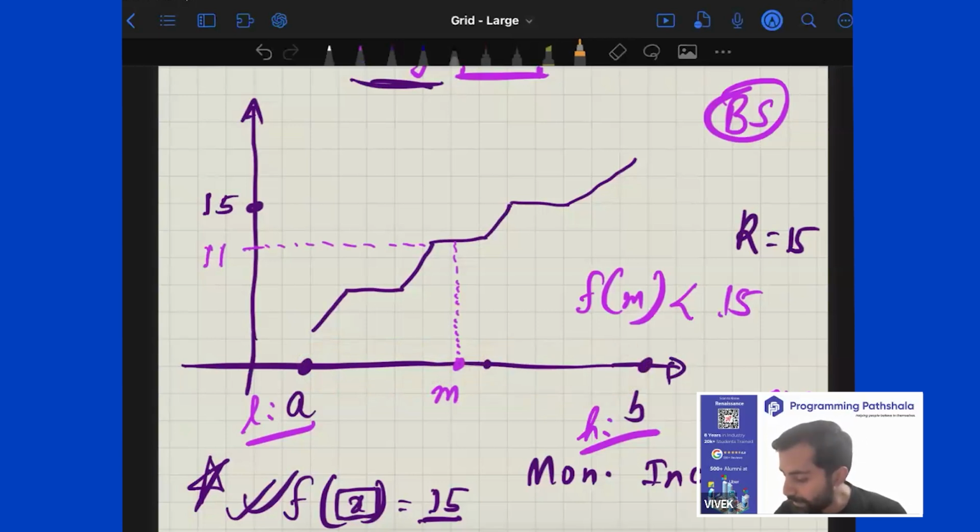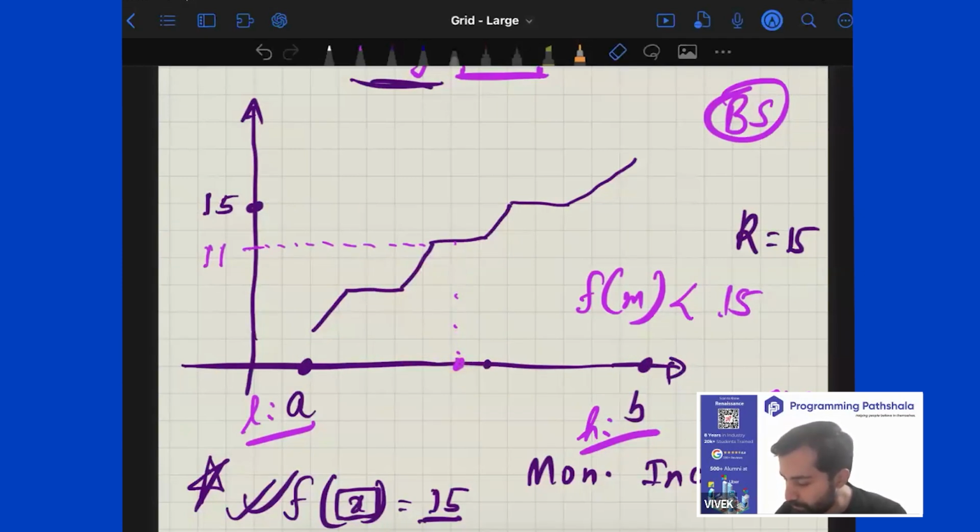Because I know that if at this point the value is 11, then behind this, the values will be even smaller than 11. And I am looking for a point where the value should be 15, which is greater than 11. So I should hook myself to the right side. All right. Similarly, now imagine,